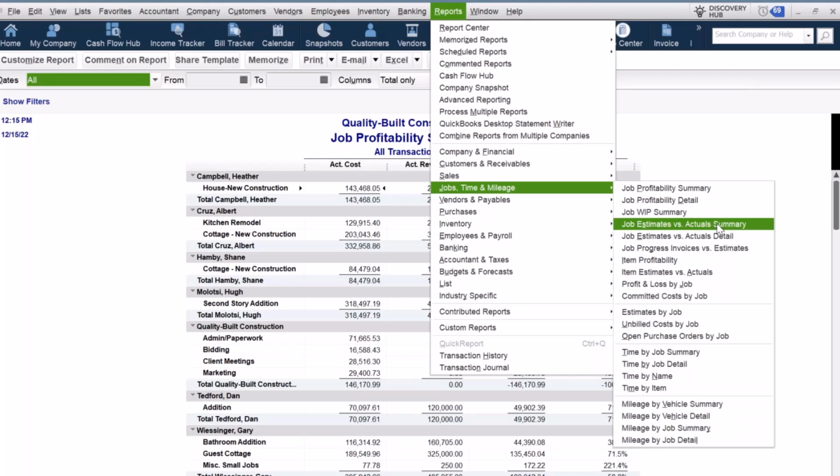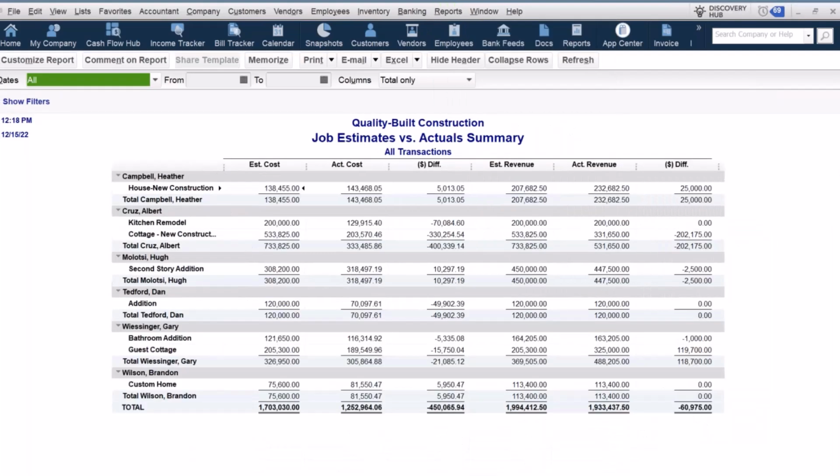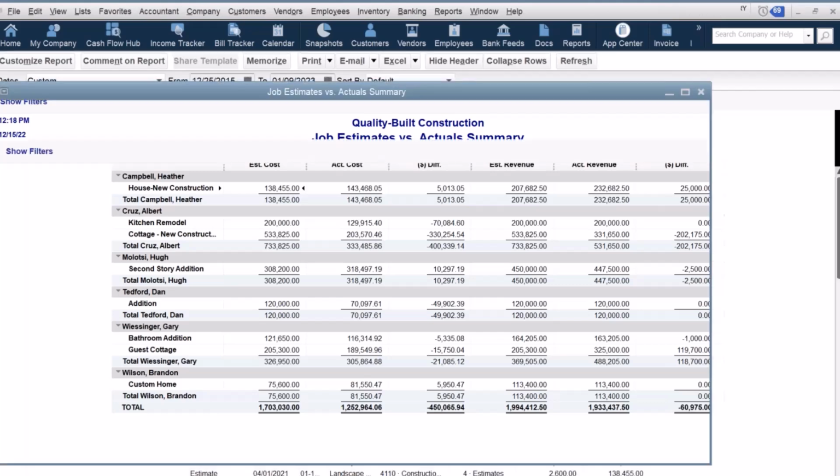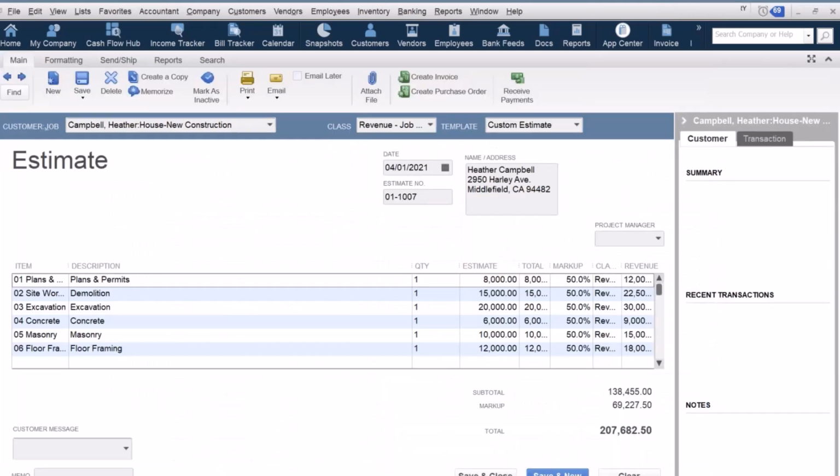Now we're going to get into some reports that actually do utilize that estimate feature. So if I wanted to look at my estimates versus actual summary, this is going to give me my total estimated cost, my total actual cost, so I can see I'm a little over on this job here, what I have for my estimated revenue, and my actual revenue. So looking at these columns, estimated cost is going to be my total from that initial estimate, right? My subtotal, that